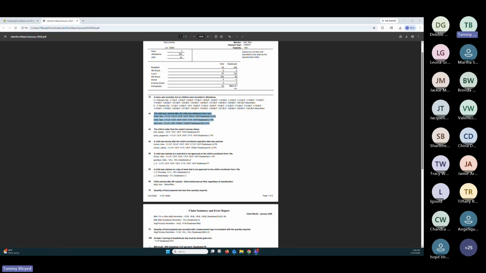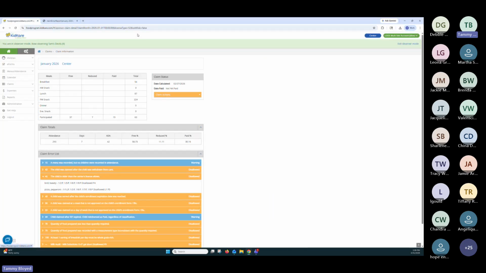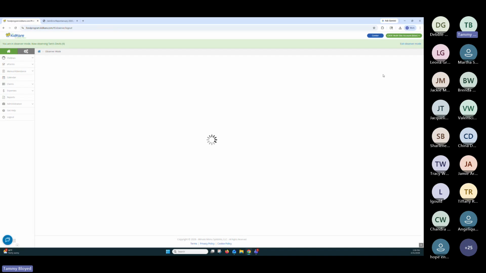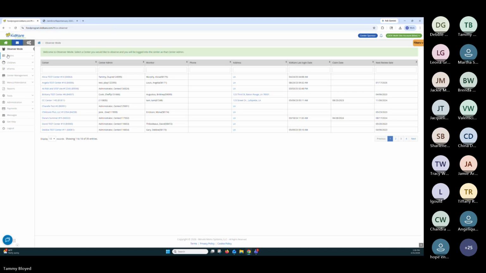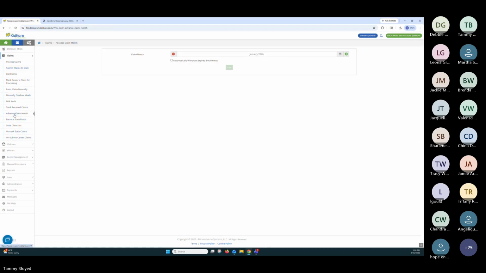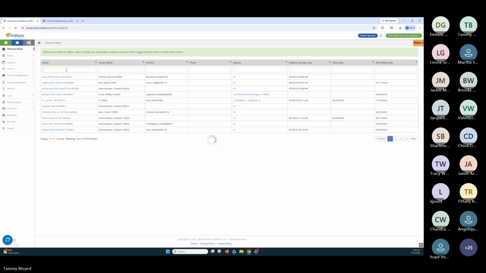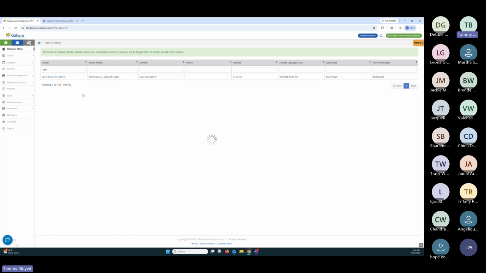For some reason, the chat got activated. All right, so I am going to assume that if you're only seeing 2024 in your claims, that you are going to need, is it a multi-site center? So if you have more than one location and you go into claims for processing and submitting claims, then you're going to actually move to advanced claim month and bump it up to the month you want to actually be playing in. If you are a single site center, then at the top of the screen on claims, there's a way to filter.